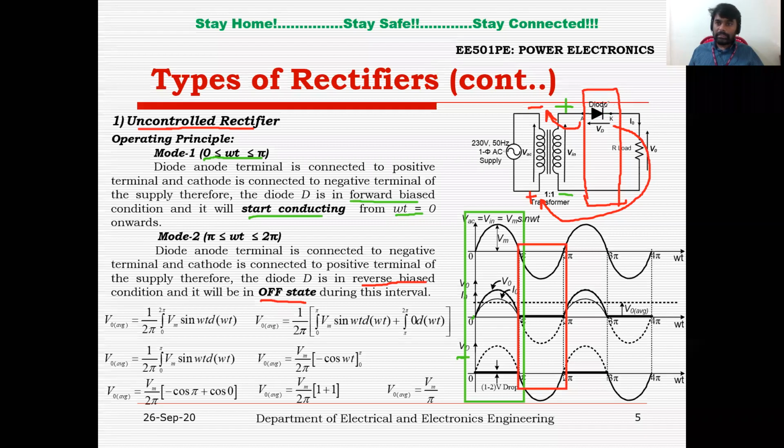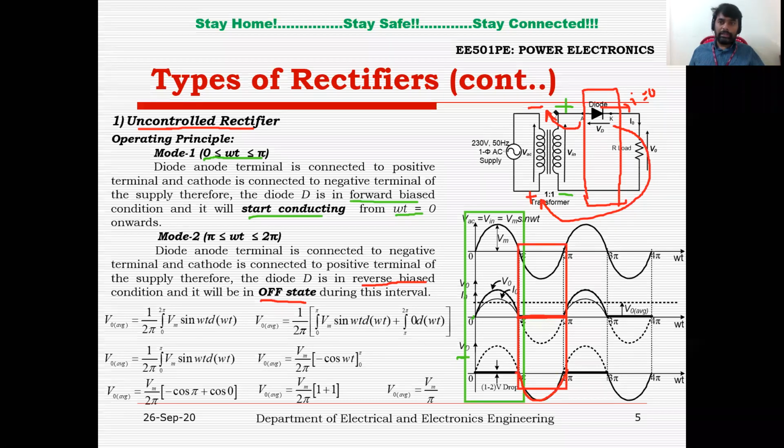If it is an open circuit condition, I won't get any current. That means the current should be 0, the same current which is flowing to the load as well. So if the current equals 0, the output voltage also becomes 0. That's why during this complete negative half cycle from pi to 2 pi, you won't observe any output voltage or output current, right? And even though it is in open condition, the diode anode is still connected to the negative terminal and the cathode to the positive terminal. So it is having reverse voltage across it. You can see the voltage across the diode is a reverse voltage. You can see this reverse portion, right?